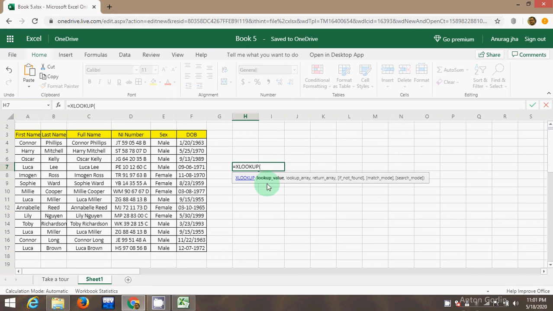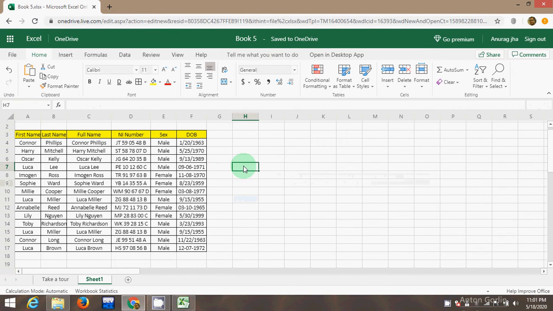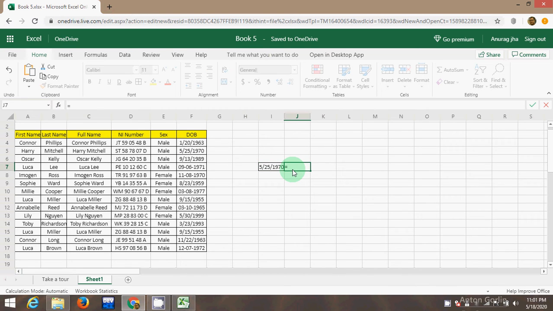Okay, so I am applying XLOOKUP here. If I want the full name with the date of birth column, now I just delete it and put some date. Now I apply XLOOKUP here.